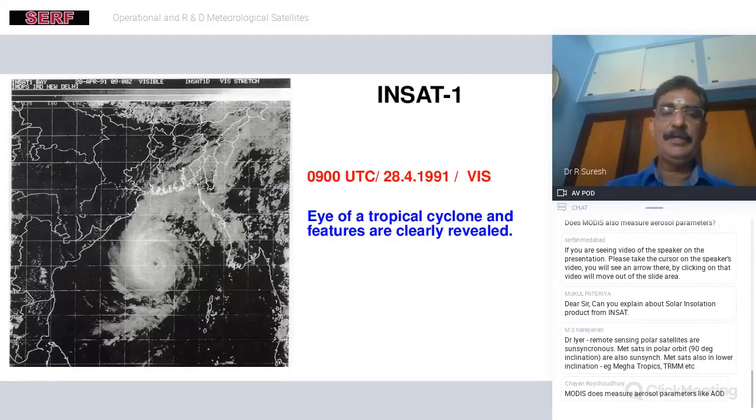All the features, right from streamers, the feeder bands, high wall clouds. Sometimes two wall clouds are seen. Usually a cyclone has only one wall cloud very close to the eye. We have seen two wall cloud regions, and even in one case, three wall cloud regions. So, thanks to satellite observation, we are in a position to understand the fury of a cyclone, so that forecasting and warning can be improved, and we have gone to that extent.